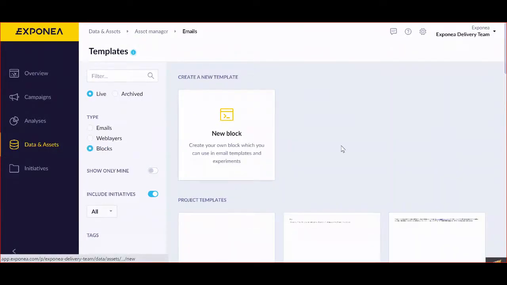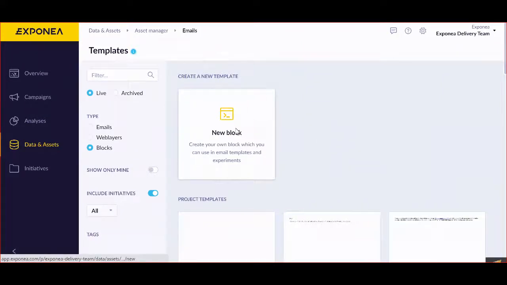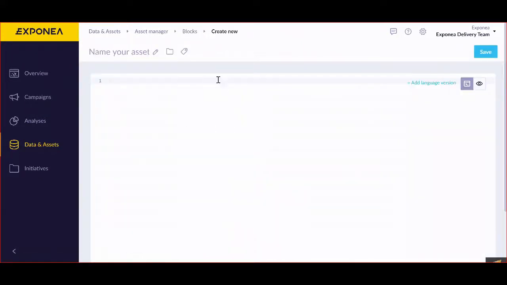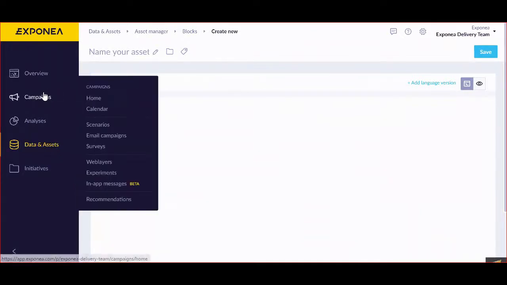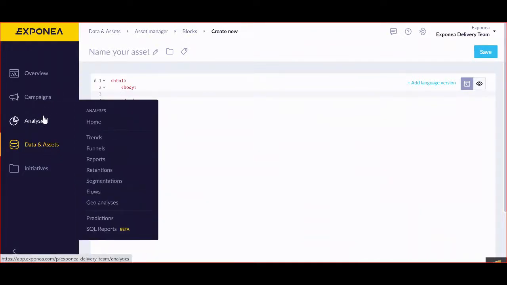It's called blocks. Blocks are simple HTML places or code or a simple block where you can write anything you want in a code and then work with it. The reason why it's so effective is because you can save this block and then insert it into any campaign or even